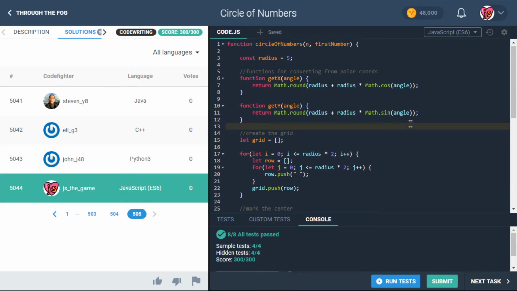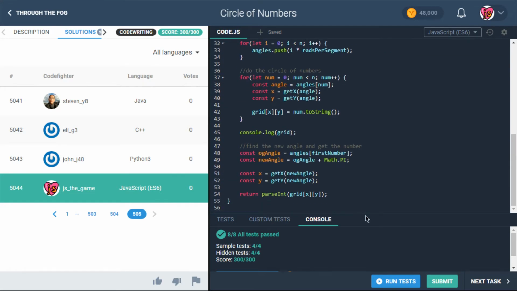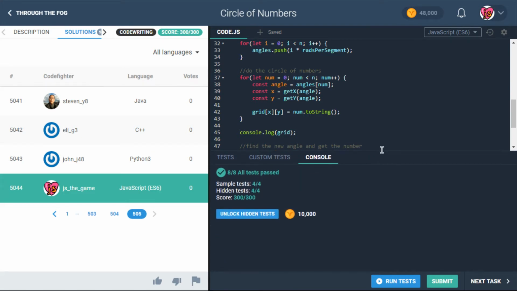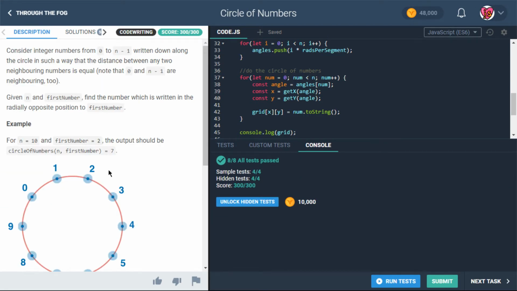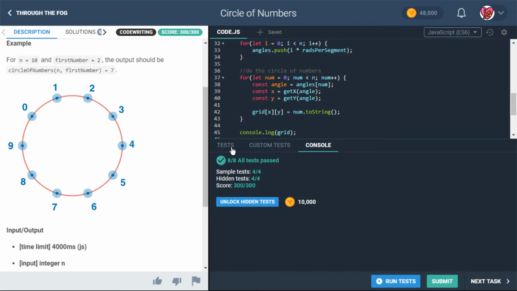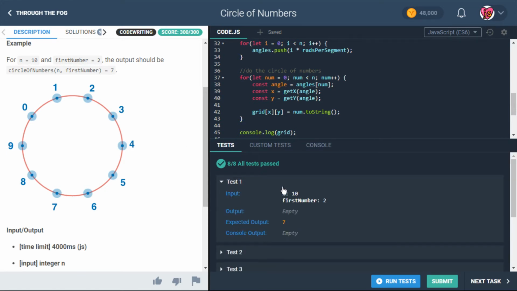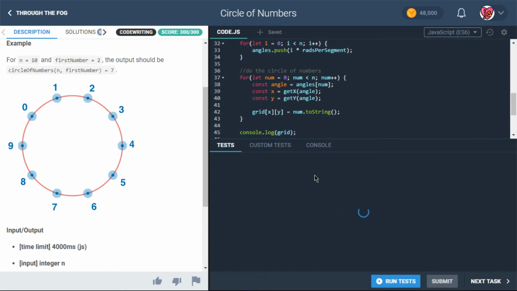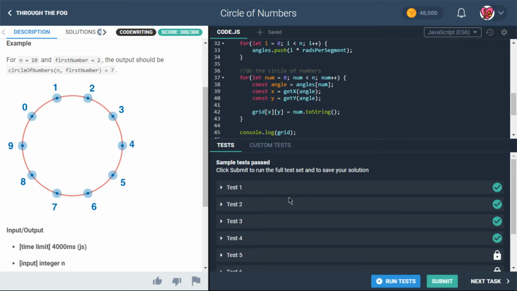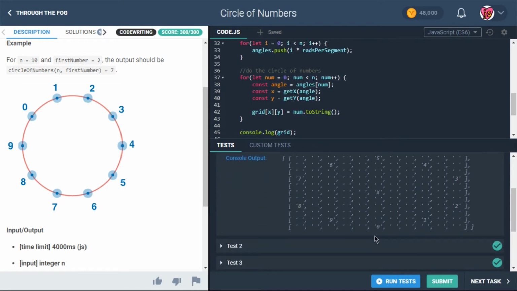I like this algorithm. I like it a lot, actually. I like how literal it feels, you know, like the problem asks us to make a circle of numbers and find the opposite one. And that's exactly what we did. We made a circle of numbers and we found the opposite one. So I just like the look of that circle of numbers. I think that's pretty cool. But